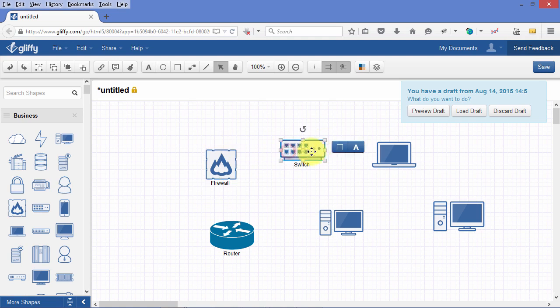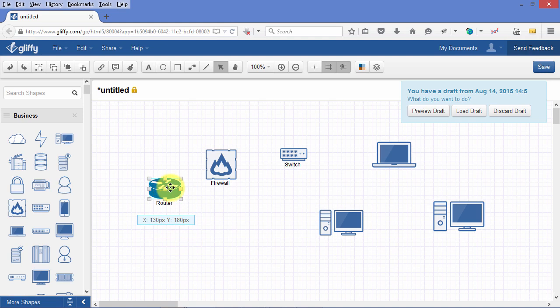Now let's figure out how we are going to design this. And this really gets back to our previous lecture where I introduced the 3 basic types of devices: the router, the switch, and hubs, and firewalls. And I talked about your basic design. So they've given us a router, a firewall, a switch, and 3 devices, and we need to hook them up. So let's get back to the basics. Remember that the router always goes on the edge of your network, and the router you use to connect to wide area networks and other networks. So the router is going to be on the edge of your network, and this is going to lead out to, and we'll just put this here, we'll put the cloud,